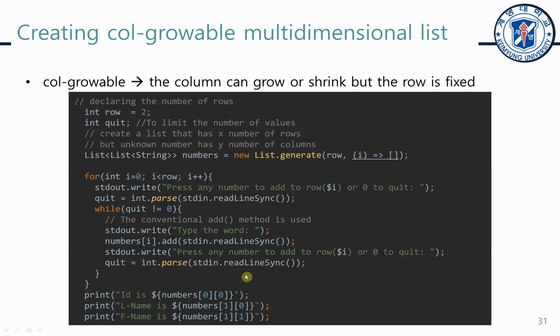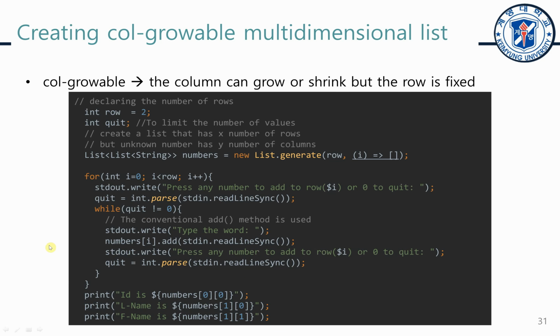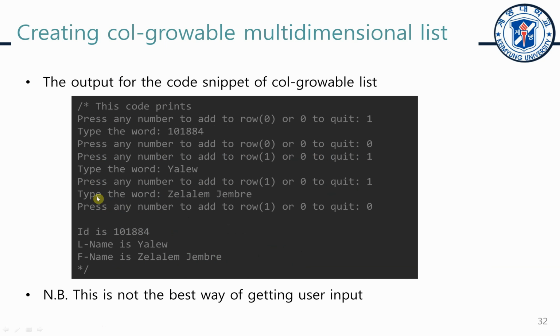Finally, after we receive the data from the user, we can interpret the data as follows. For instance, let's take a look at this example. If you surround the output of the previous example with the main function and run it, what you will see is this kind of example. It will say press any number to add to row 0, or to add to row 1, or you can press